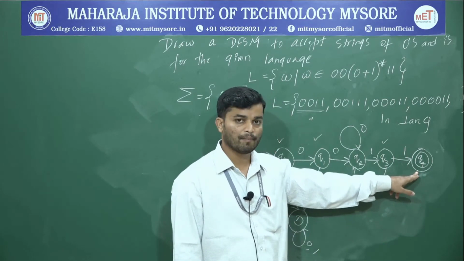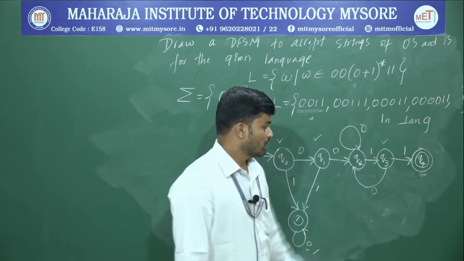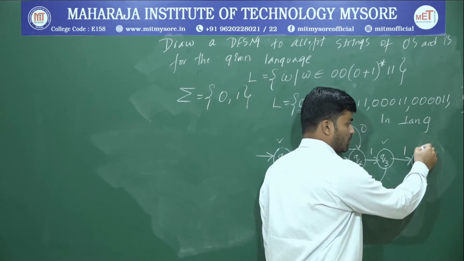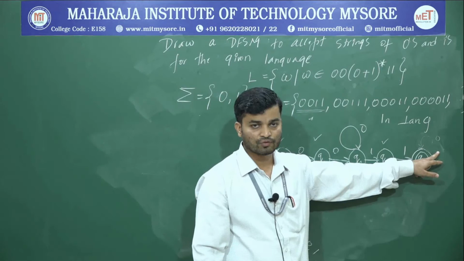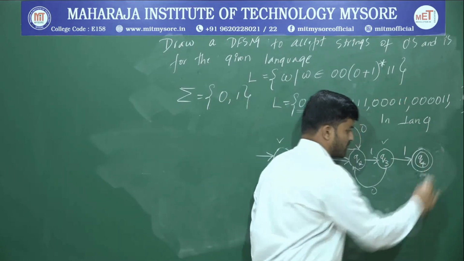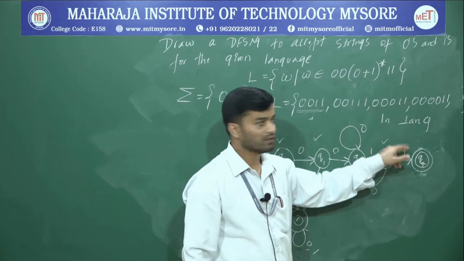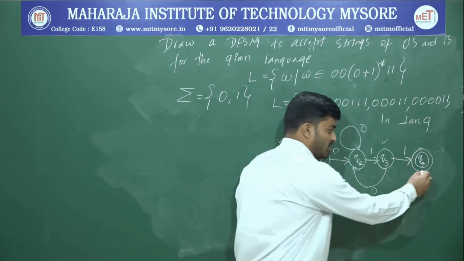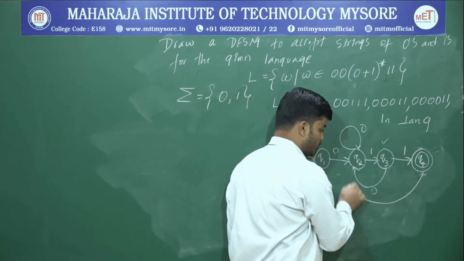So now consider Q4. Now I have to give a path for both 0 as well as 1 with respect to Q4. First I will go with 0. If I write a loop upon 0, what will happen? That will end with n number of zeros. So that is not our requirement. So now try to connect with the next nearest state. If I connect upon Q3, what will happen? It will end with 0 1. That is not our requirement. It should end with 1 1. Now try to connect with some state such that I will get 1 1. So if I connect Q4 upon 0 to Q2.